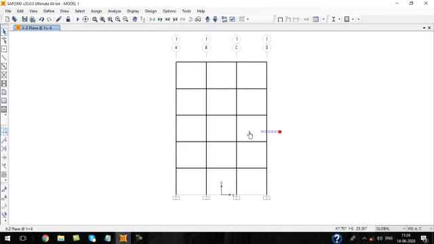Now the columns in the first 3 floor levels.